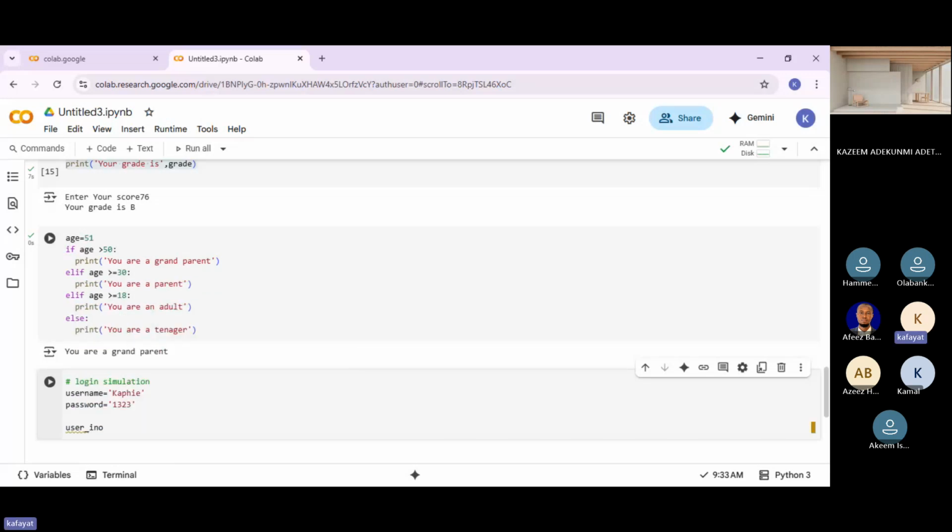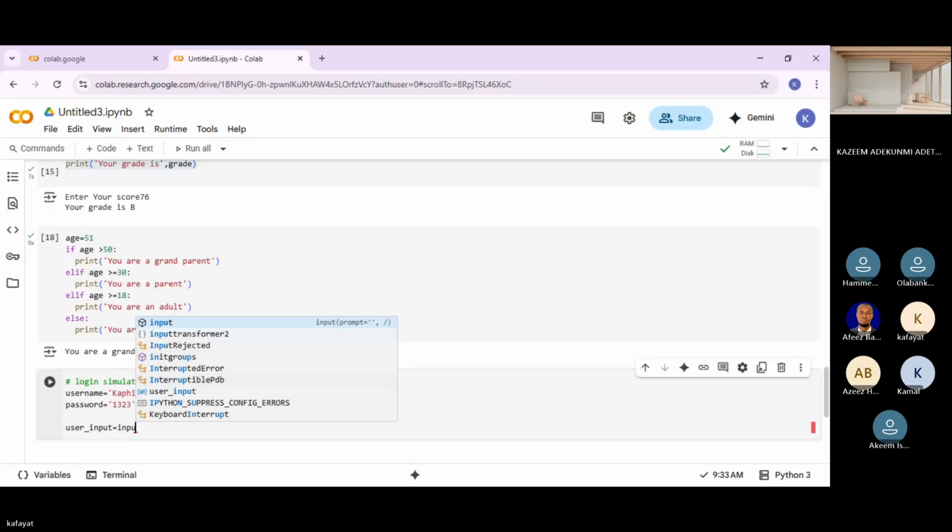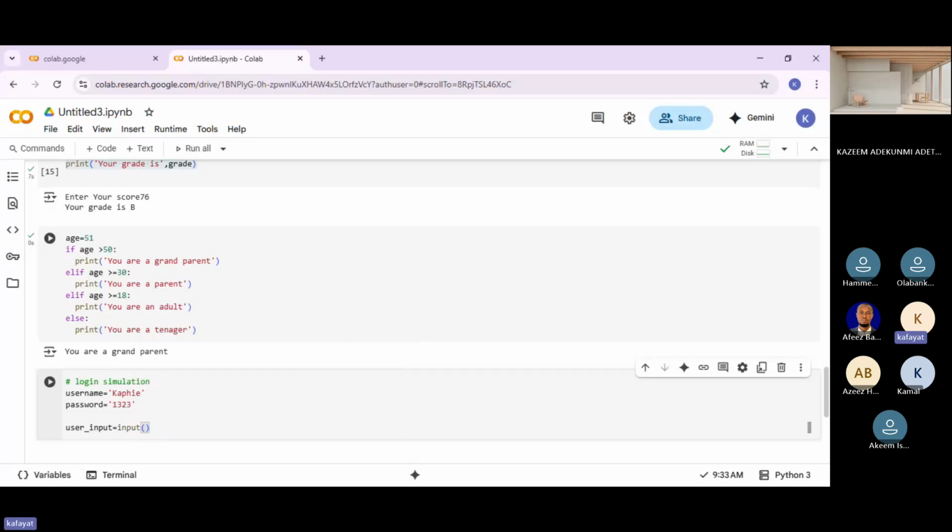That is my input text. My user input should be what? Input of what? Or type. Register name. Enter.